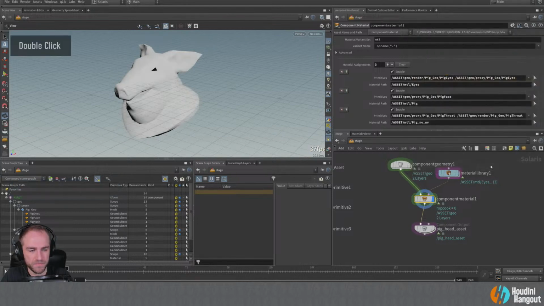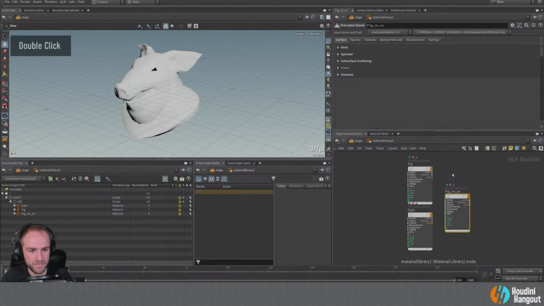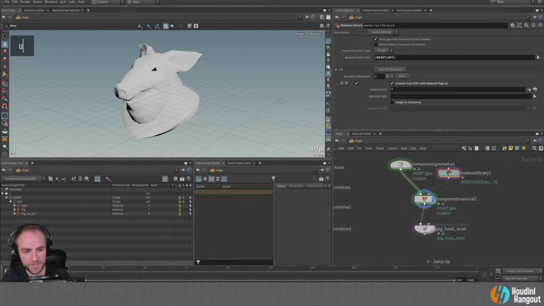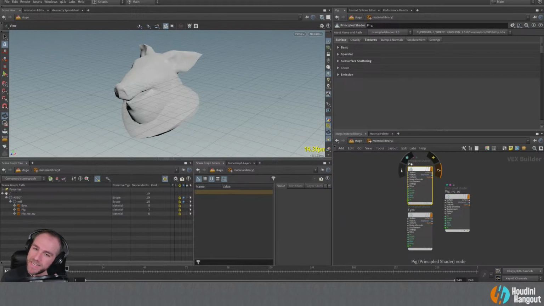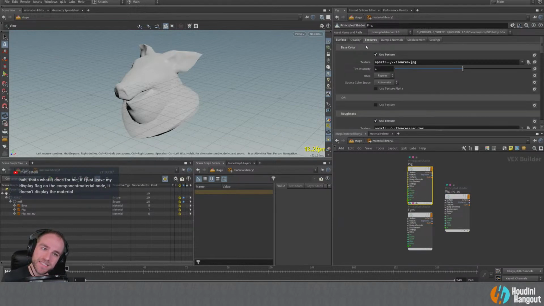But let me just try one of them. It's like the shaders aren't coming through properly. Oh, I bet you I know what it is. It's because these textures are OpDef textures. That's why. It doesn't like those. I ran into this problem just the other day.